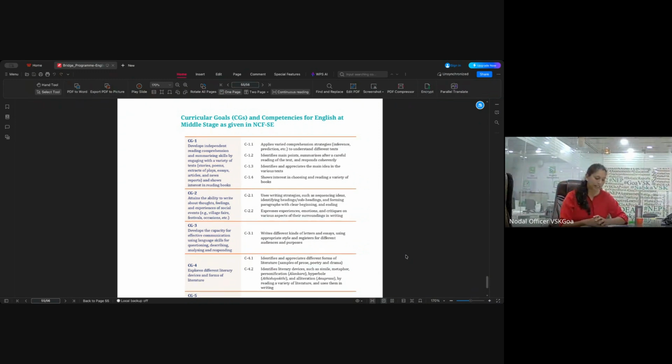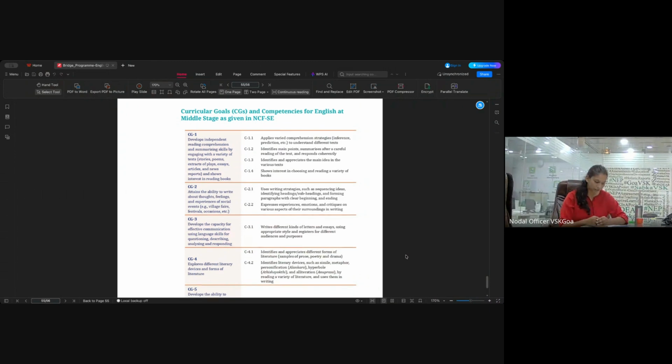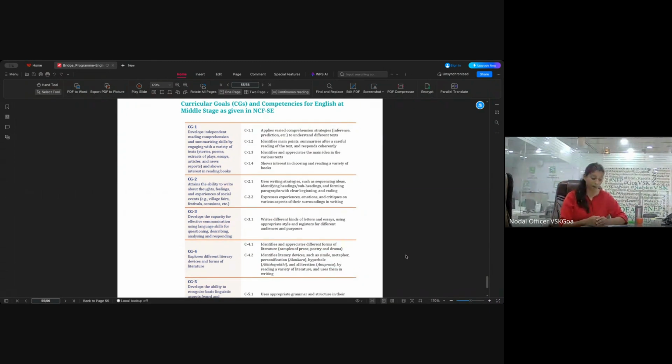However, students have varying levels of language proficiency, so we have to keep that in mind, but we have to try to elevate that proficiency. The purpose of this bridge program is to strengthen their foundational language skills and prepare them for the demands of the grade 8 curriculum as much as possible with us.